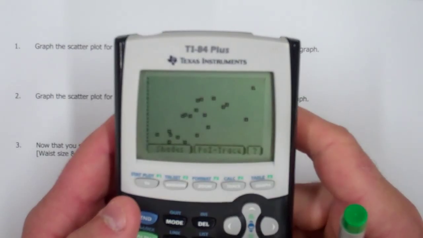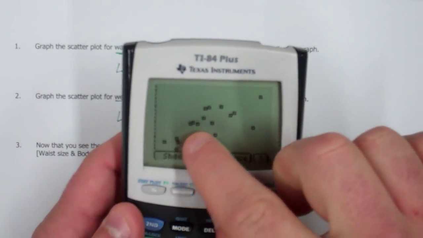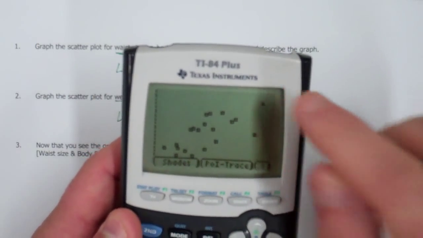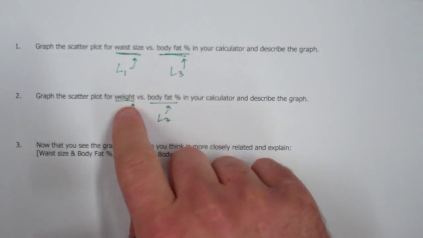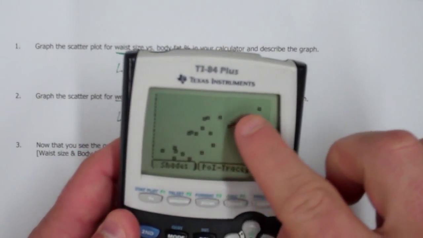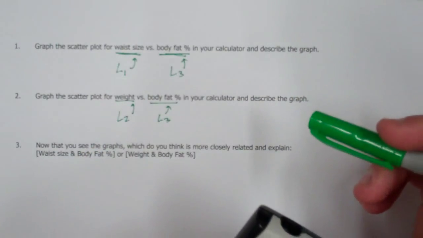So we get Zoom 9, and here is the scatter plot of that data. If we drew a straight line here, it looks like as the X goes up, or as weight goes up, your body fat percentage tends to go up as well. The question is though,